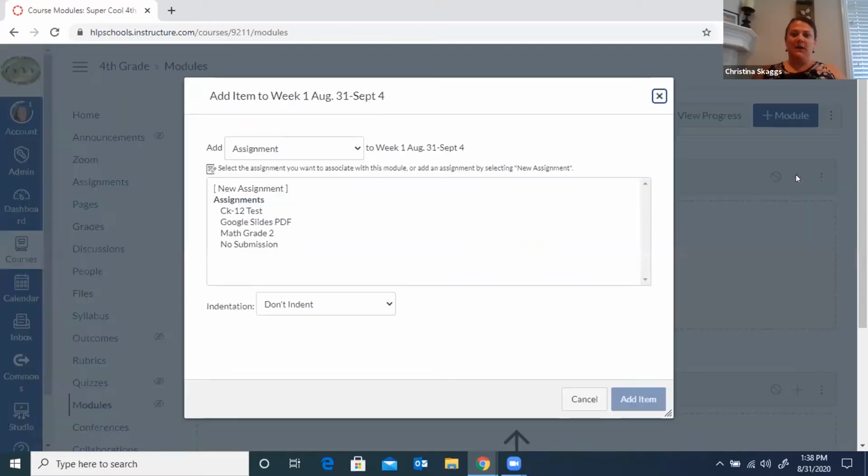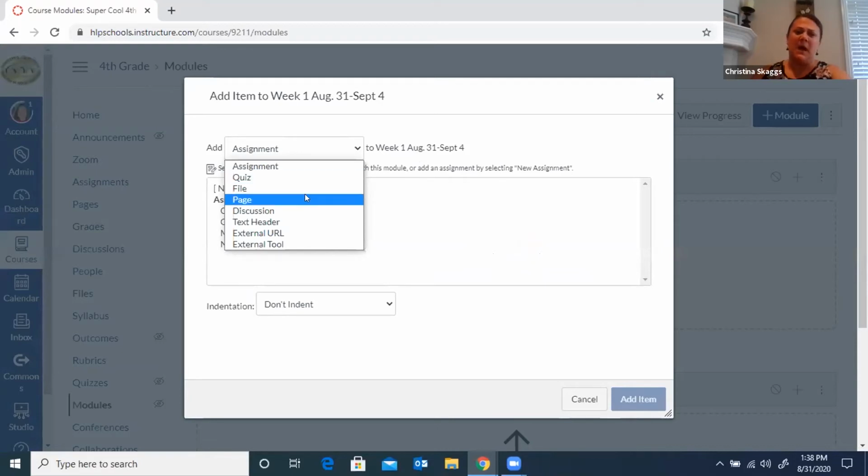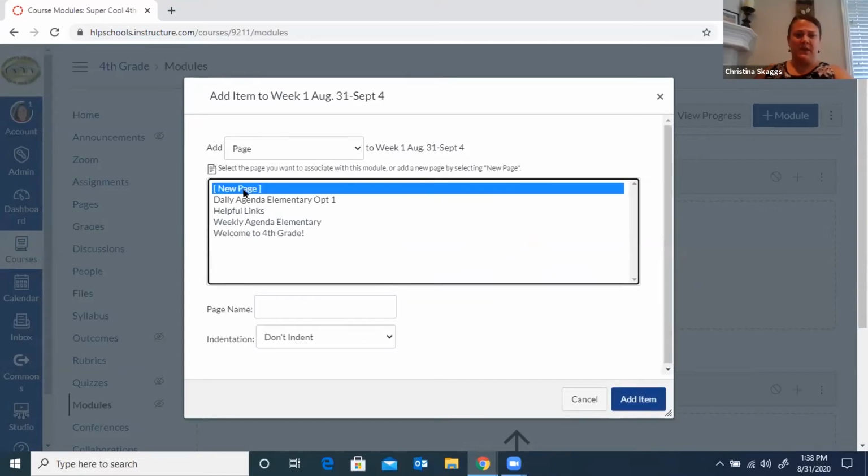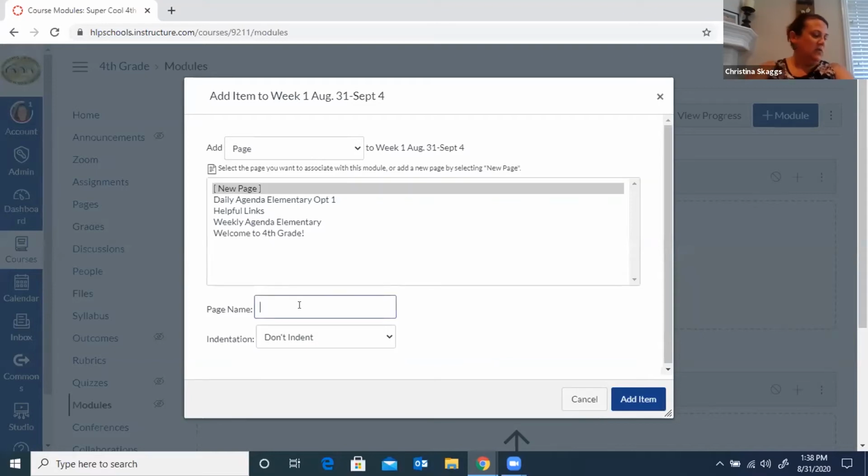So for week 1, I know that I am going to do an assignment, okay? And my first assignment is, actually, I'm going to start with a page because I want to put some introductions and learning outcomes for this week. So I'm going to click page and then new page because I don't have one that I want to use here. And I'm going to title this page